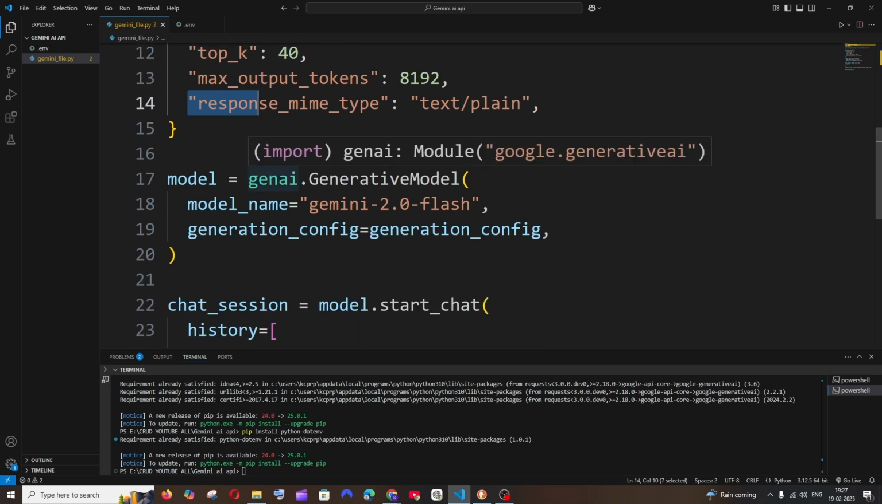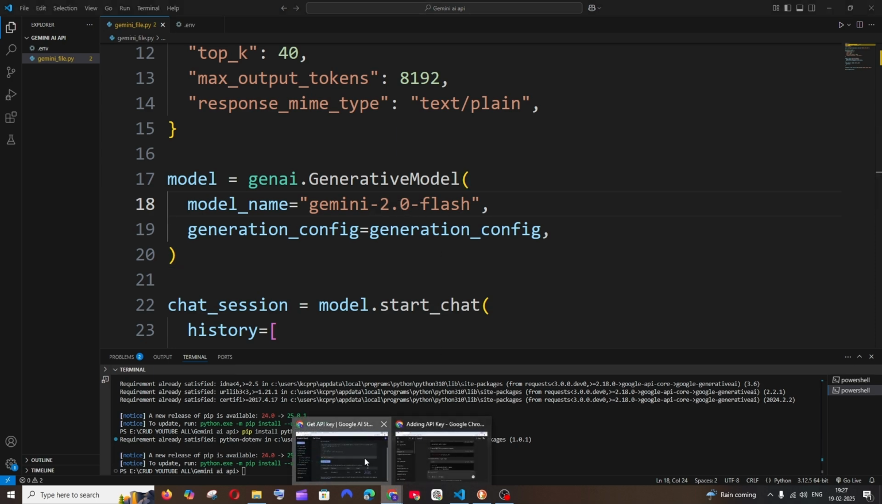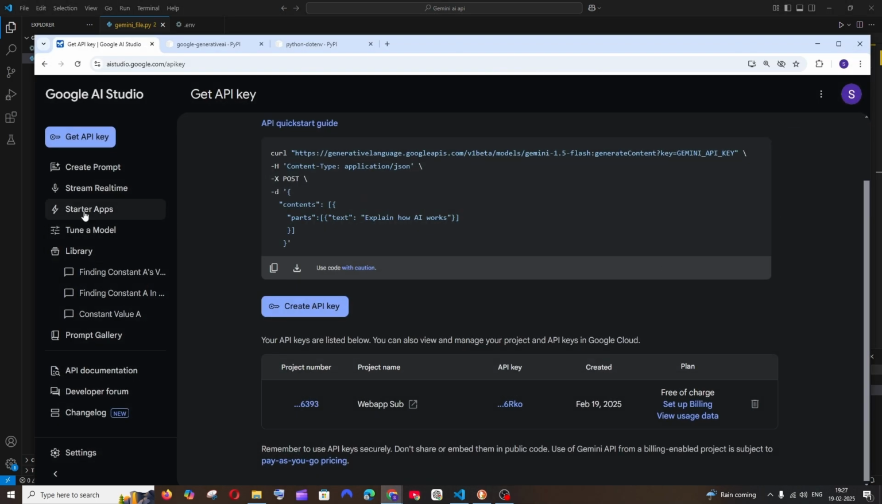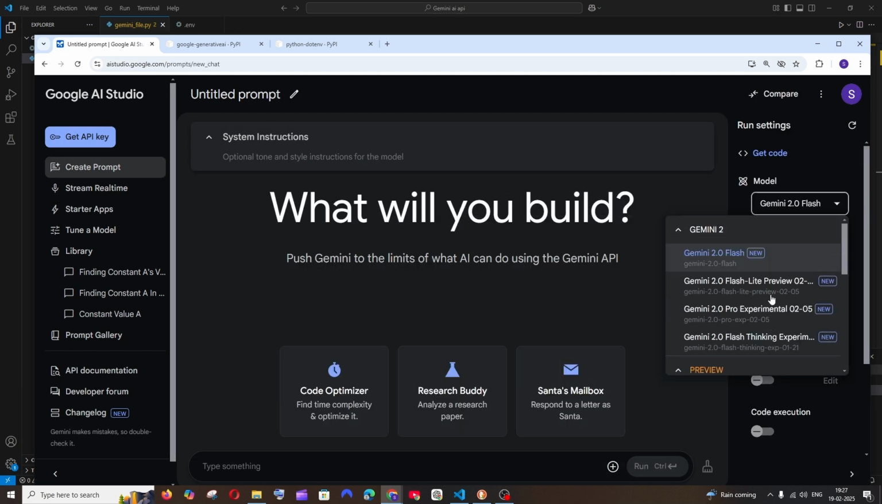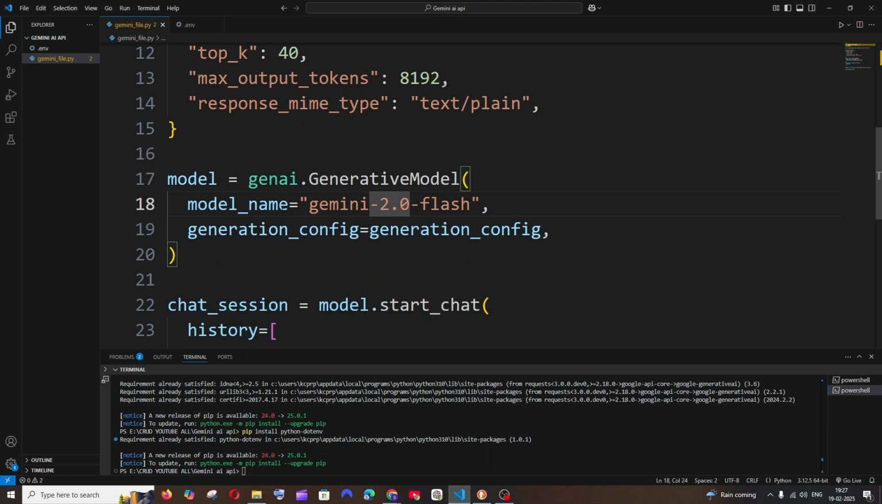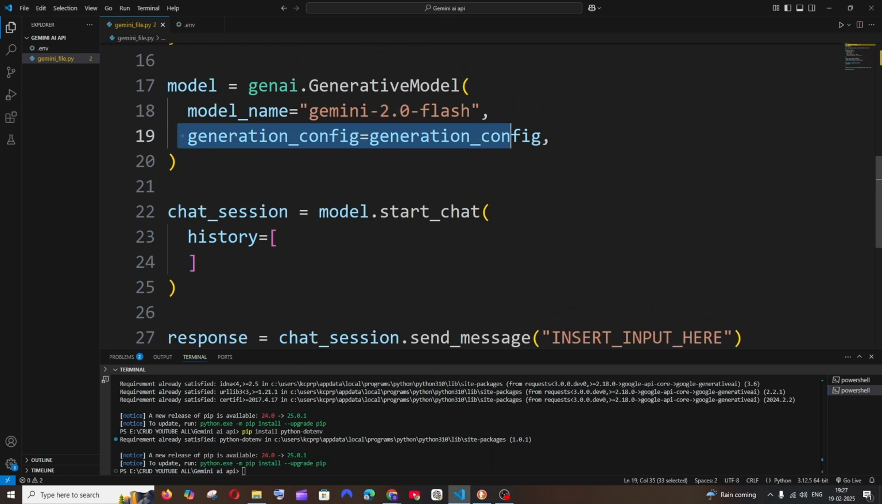And here, genai.GenerativeModel, and we have two parameters. Here we are passing the model name. In our case, it's Gemini 2.0 Flash. You can choose any model from here. You can just go to Studio and choose whatever model you want from here. That's up to you. And these are the two parameters that we are passing,